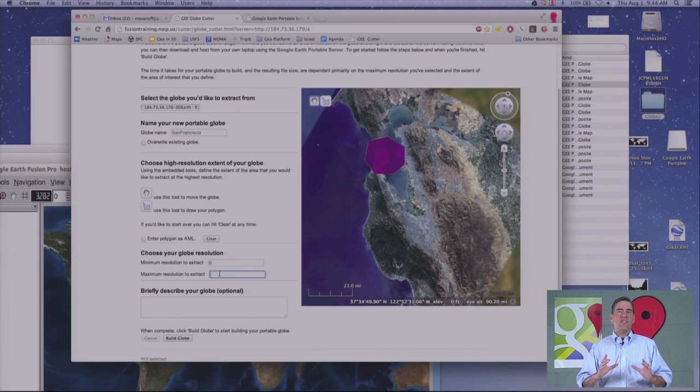I mean, everything I've got inside that polygon is what I want. And in that case, you'll go up to level 24, which is everything. So I have kind of a low resolution outside the polygon, everything inside of the polygon. We can put a description of the globe in here if we want to,